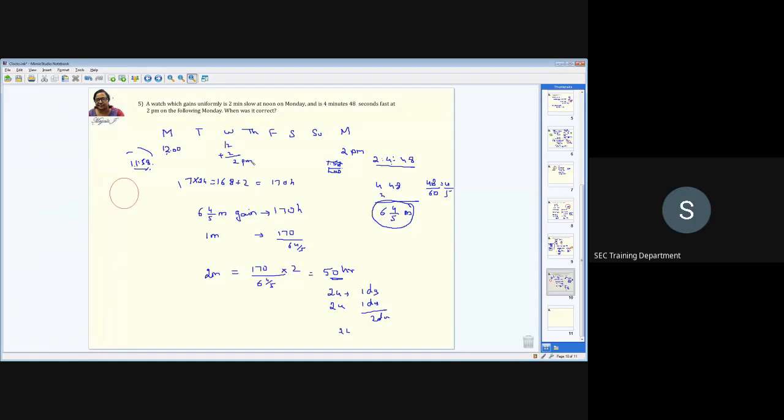Now is it clear? Yes, ma'am. This is a little complicated. Yes, ma'am. But anyhow, with clocks, this is the only thing which is a little complicated. You have to see this. Okay. Fine then. I'll just stop with this, and tell me later if you still have doubt. I can bring some other problem and show you, and then it will be clear with that.